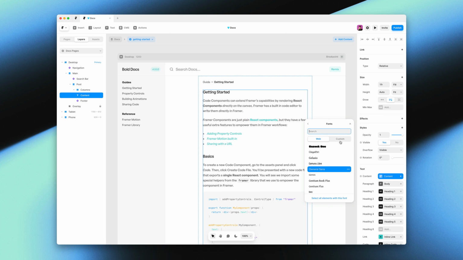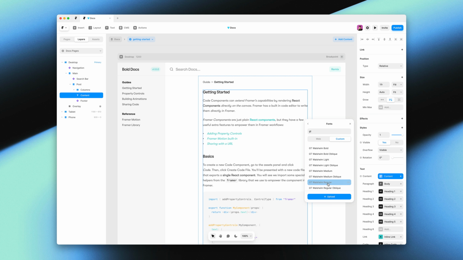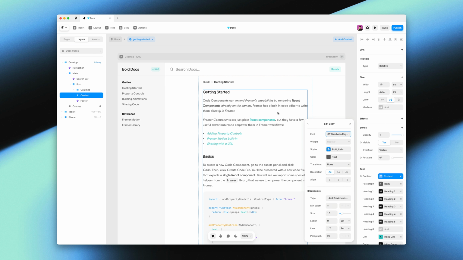Let's say we're using this on the Framer website, where our primary font is GT Walzheim. I'll select that. If you look at the canvas, you may notice that there already is italics and bold showing up. You might wonder, how is this happening? Well, this is actually the browser doing something called font synthesis, where it essentially makes up a fake italic and fake bold. We display these so that you can get an idea of where the bold and italic styles are